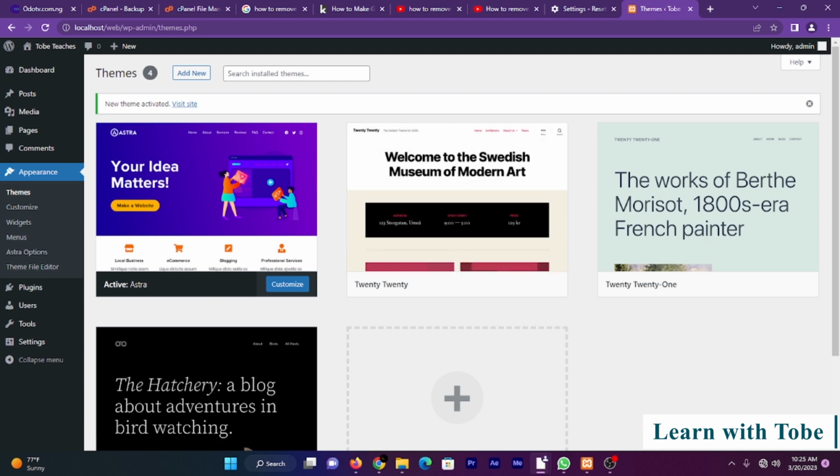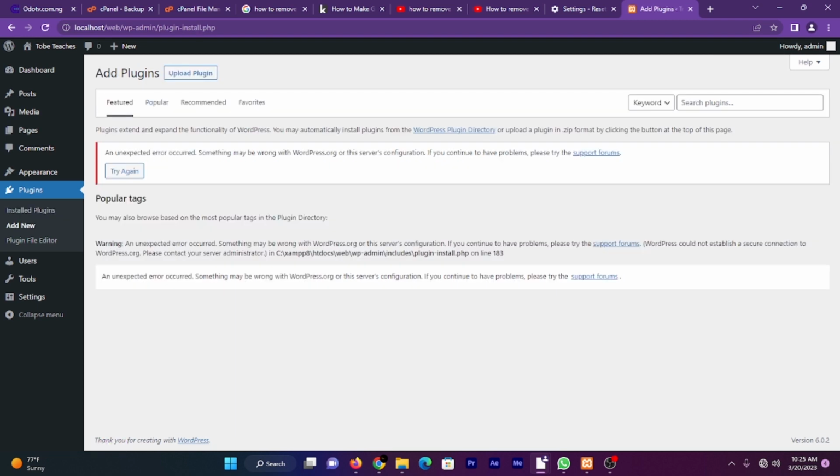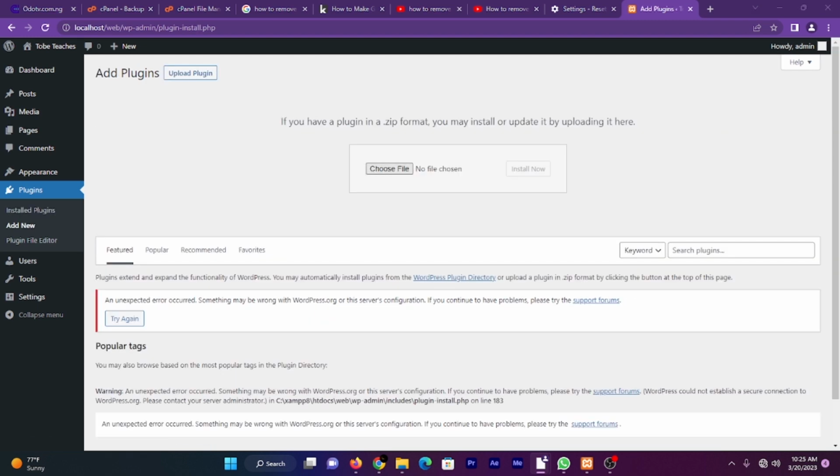After activating it, you have to now come to plugins. You need a plugin that will help you to build your website, and that is Elementor. I sent you the link already to download it, or I'll send you the link also to get it. So install it and activate it. All right, so in case you don't have it, you downloaded it, you come to admin, then upload, locate where